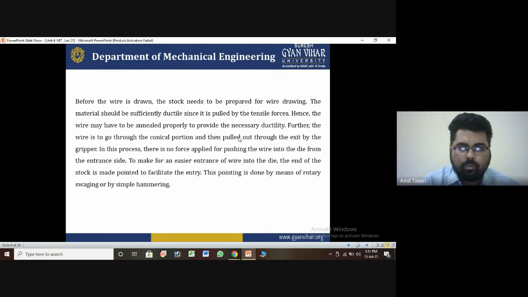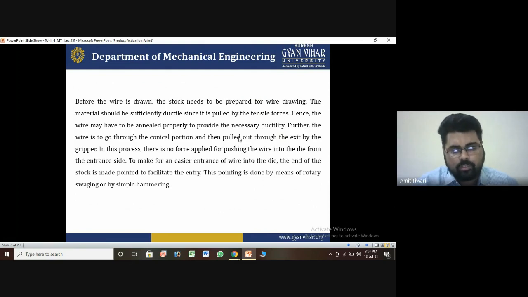So some chances of a metal having to break is just a part of checking whether the material is working perfectly or not. During the working, if any problem is found, it has to be improved, because the metal is completely converted into the elastic zone, and in the elastic zone it has no chance to regain its shape, because it will convert completely into the plastic zone. That's why it is necessary to understand the proper wire and then to the die from the entrance side.